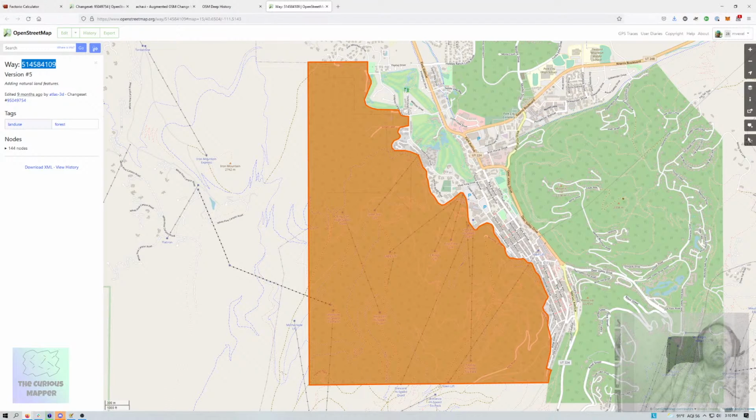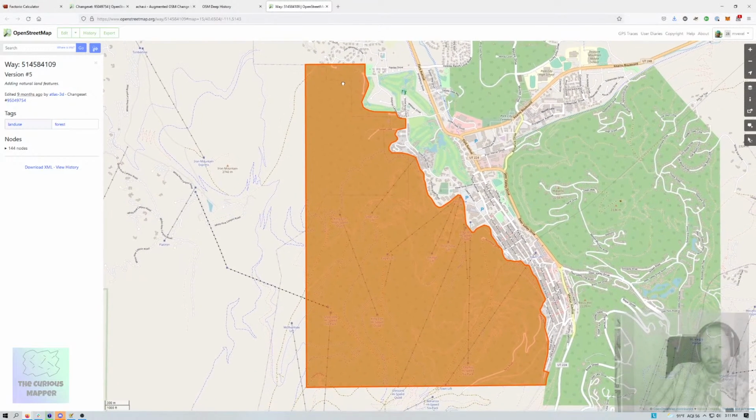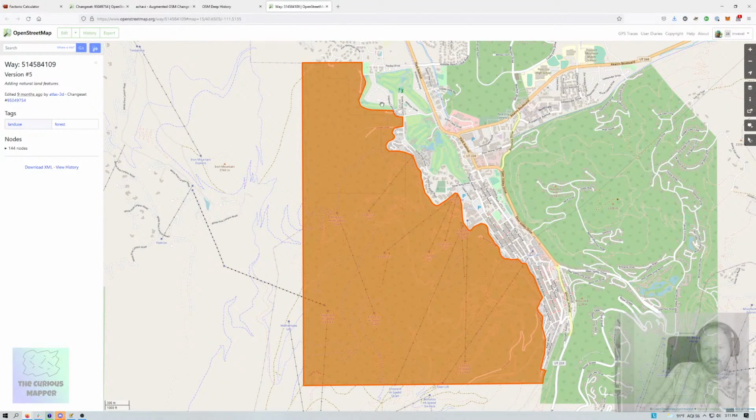So yeah, these are some tools that I use quite a bit, and I thought it would be fun to walk you through them. If you have other tools that you use in combination with, like while you're mapping and you wanted to know more about a certain feature, or other tools that you find useful while mapping or while just looking at the map, let me know in the comments, and I will be back with another stream